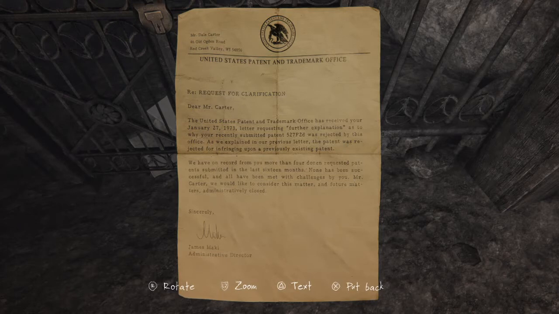The United States Patent and Trademark Office has received your January 27, 1973 letter requesting further explanation as to why your recently submitted Patent 527 F2D was rejected by this office. As we explained in our previous letter, the patent was rejected for infringing upon a previously existing patent. We have on record from you more than 4 dozen requested patents submitted in the last 60 months. None has been successful, and all have been met with challenges by you, Mr. Carter. We would like to consider this matter and future matters